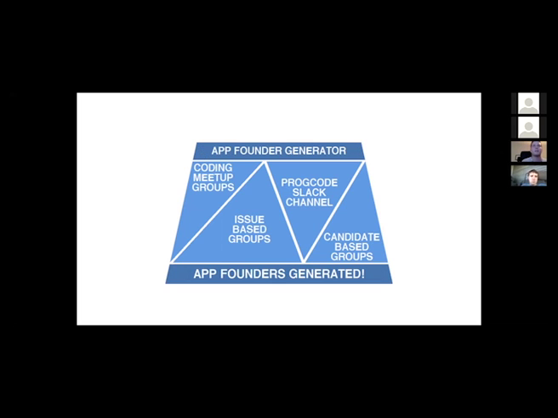And just going back to the app founder generator for a second, one thing I forgot to say: with Coders for Sanders, a lot of the time what happened would be people would say, I have an idea for an app, and the leaders of Coders for Sanders would say, that's a great idea, you should start the app. So one of the things we wanted to do in the prog code Slack channel is encourage people who have ideas to start their ideas. And with the volunteer coder generator, we want to help connect them with volunteers who will help them create their apps,